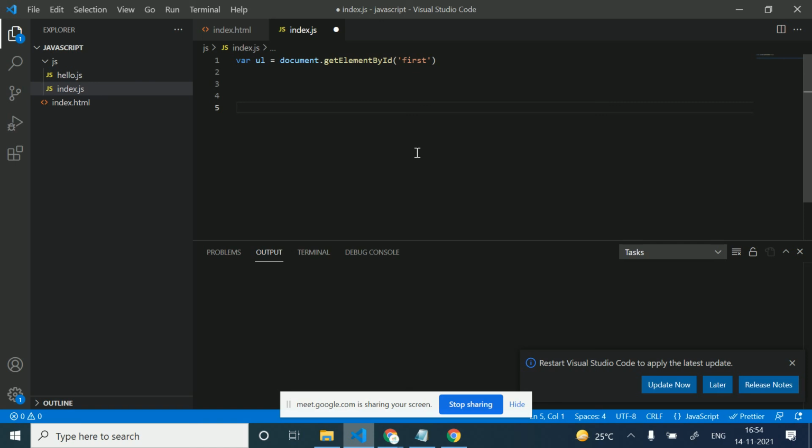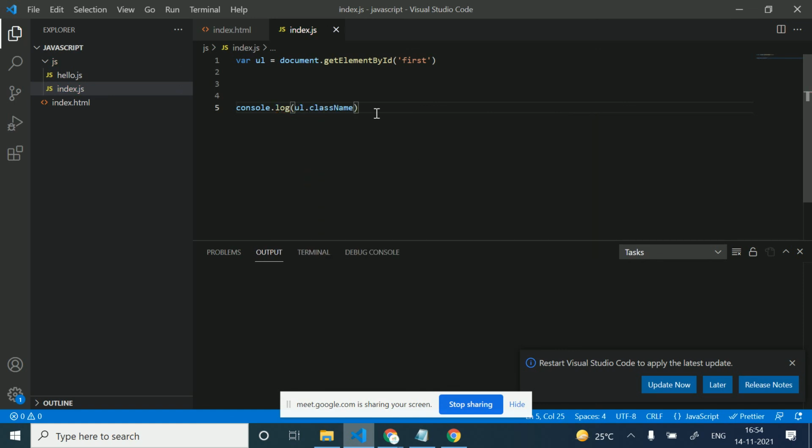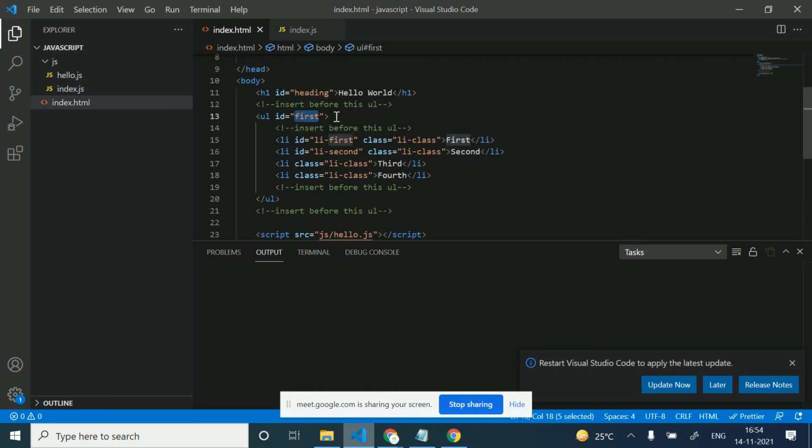Firstly, I want to just fetch these classes. So how can we fetch them? I'm just going to console log ul.className. I'm also adding some classes: class hello, hello first.